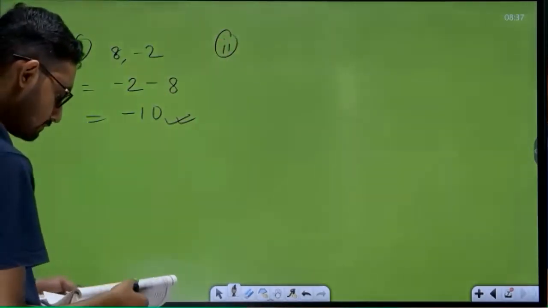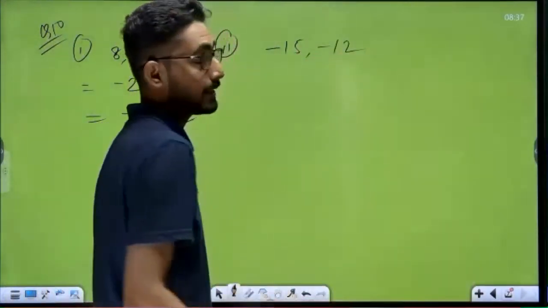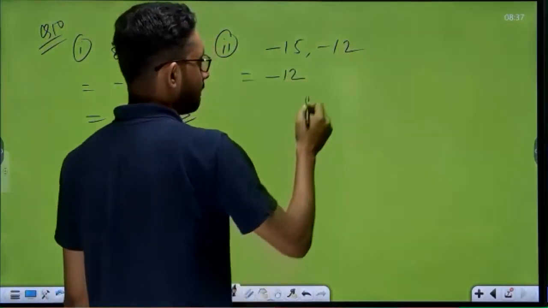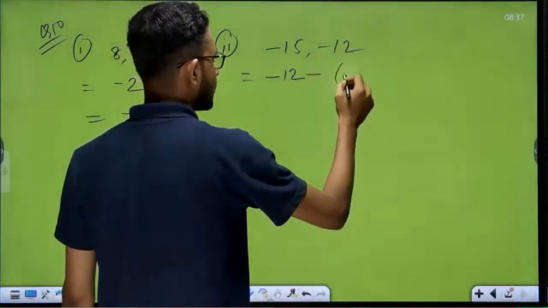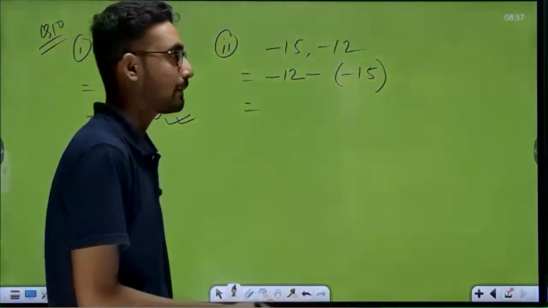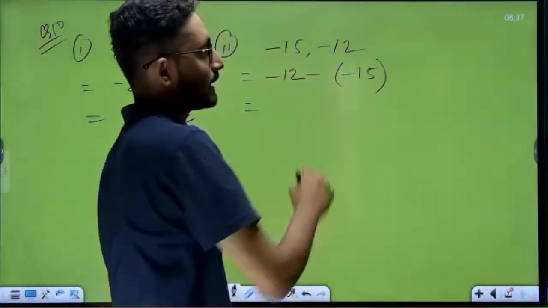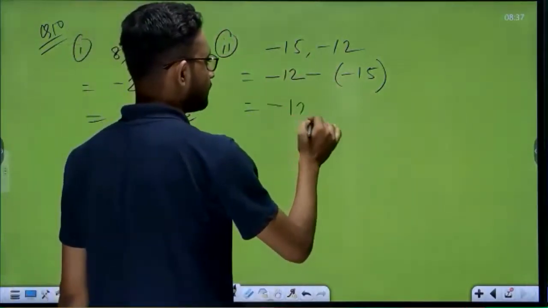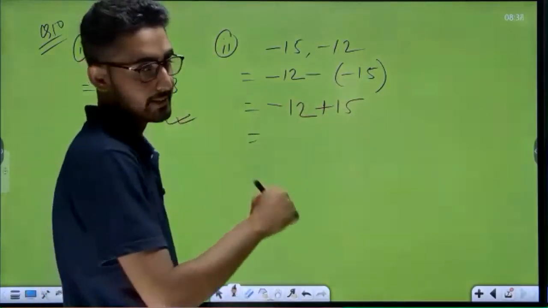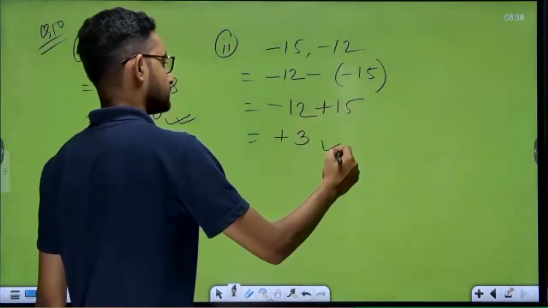Now we'll move next question, second part. Next part is given minus 15 and minus का 12. Now here तो both numbers are negative. So again we'll take second integer in the first position, minus sign, and that first one in second position. Now how we will solve? देखो ऐसे नहीं सोचना है आपको, यहाँ पे already minus है तो minus लिखेंगे नहीं. Obviously we will write down this minus also and this minus also. So write down minus 12, minus minus plus का 15. So minus plus minus 15 में से 12 minus करो 3. Before bigger number plus.